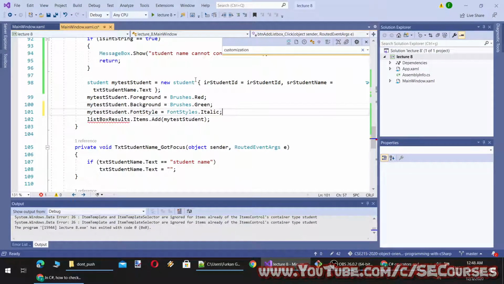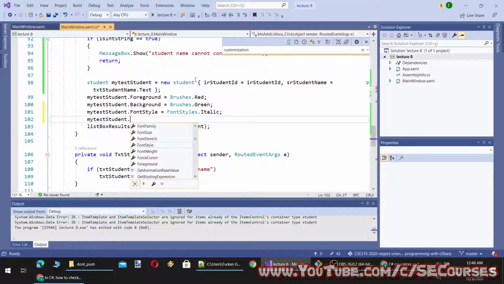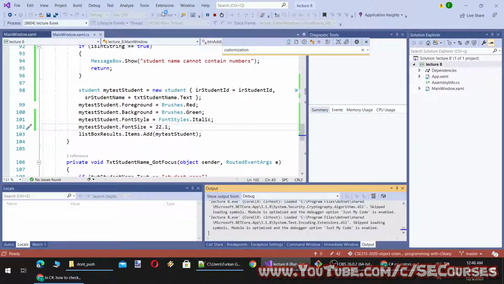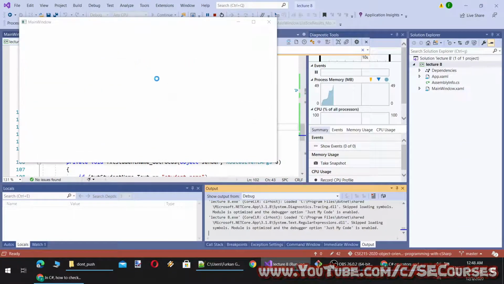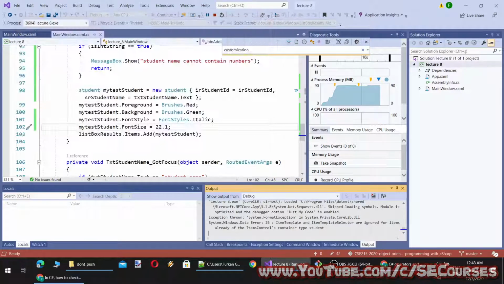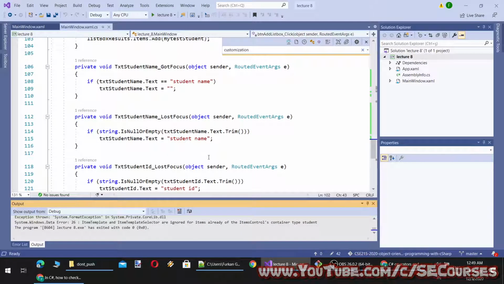Okay, I can make them italic and font size. I can make the font size as, this is written as double, so let's make it 22.1. Okay, let's run it. Okay, let's try again. You see we have written incorrectly. Now it works. Okay, it is styled as you wanted. Okay, everything is working fine.